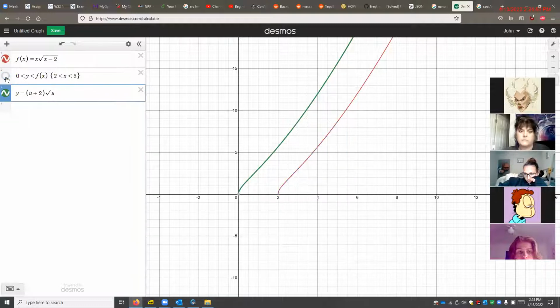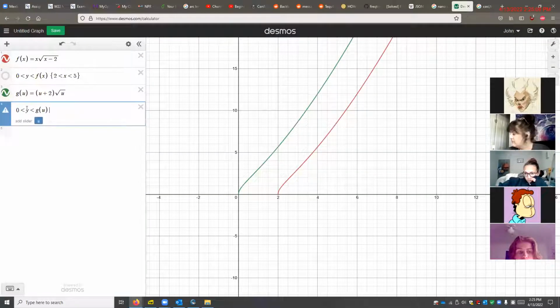The green curve and the red curve are very similar. The green curve has just been slid over to the left. Let me go ahead and call this G of u. Now, if I leave those bounds alone,